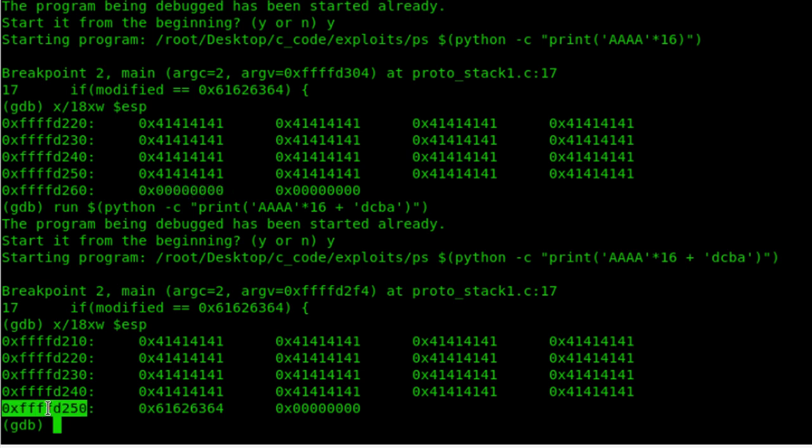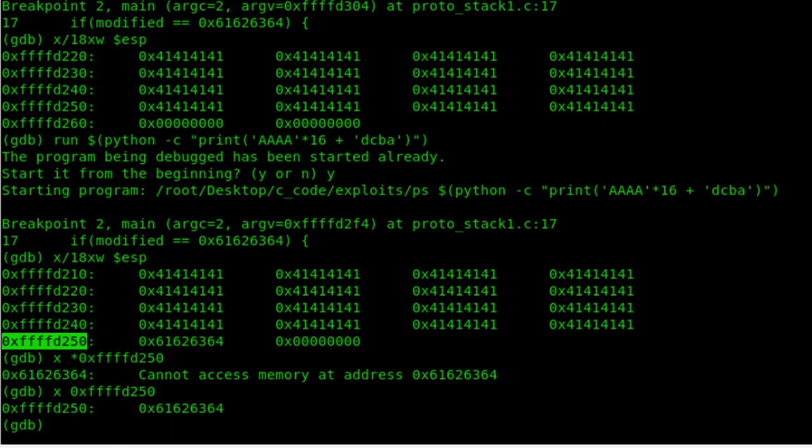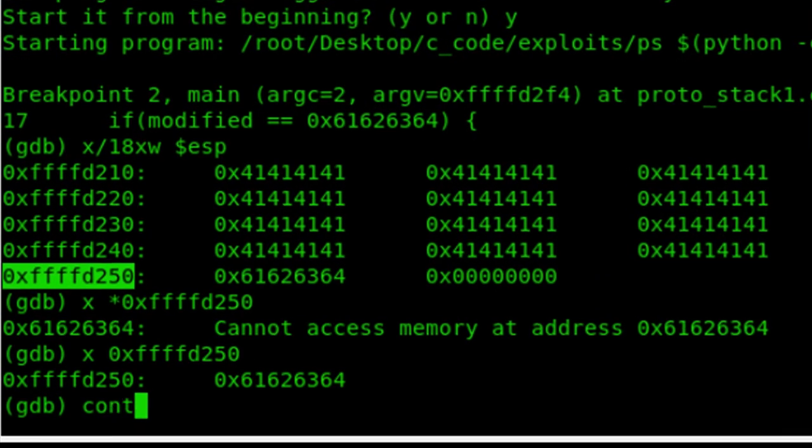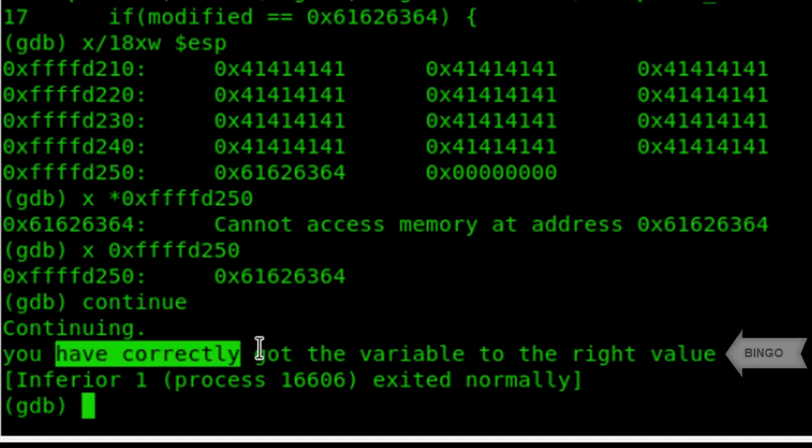Let's have a look. It might not give me what that is, but let's see. It's not addressing it at this point of time, but I know for a fact that this is modified. Let's see that. Yeah, all right. So I'll just do a continue,